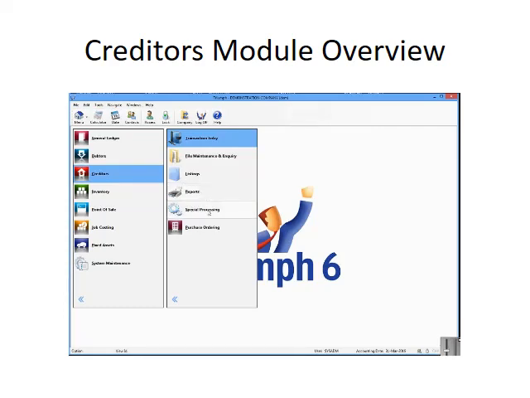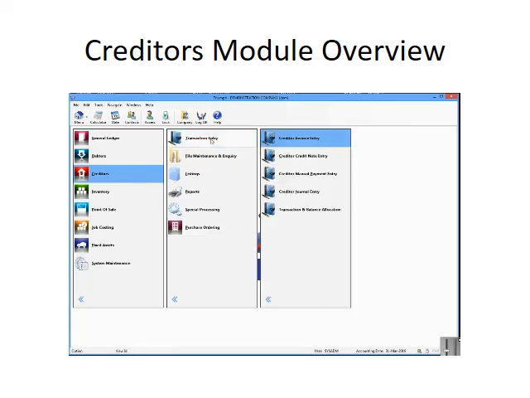Special processing is really a list of other functions that aren't listed in the 3 or 4 above. And then you have all your sub-modules, in this case, purchase ordering. So we'll just have a quick look at each area. So you just see in transaction entry, we can take a creditor's invoice in from a supplier. We can do a credit note from a supplier. We can pay them with a manual payment process, record journals, and then match up their balances and allocate payments